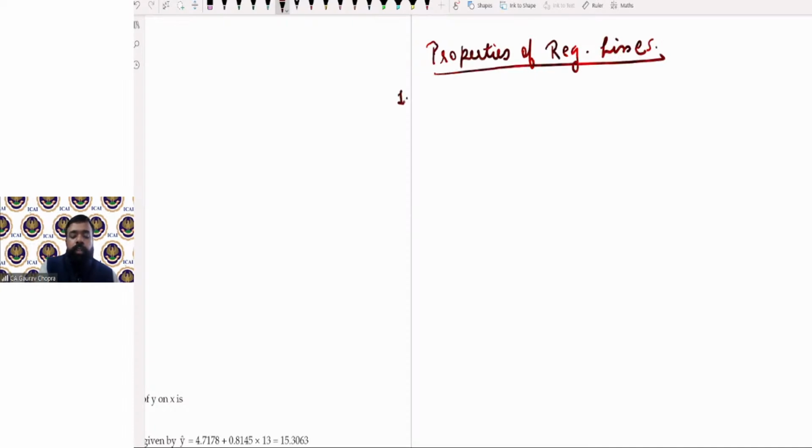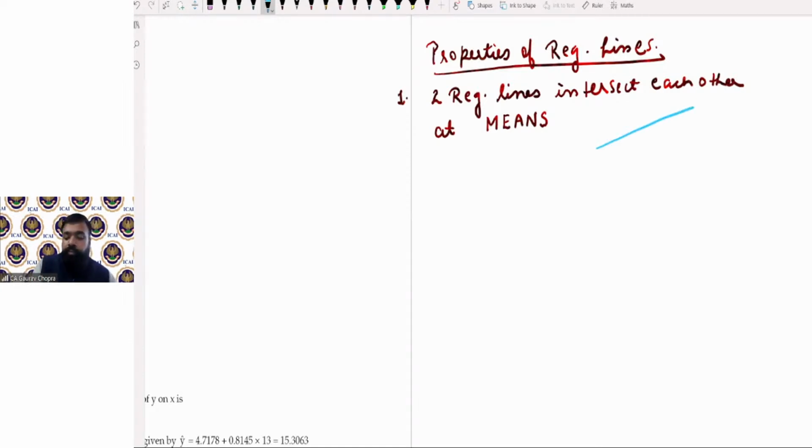The first point is two regression lines intersect each other at means. अगर दो रिग्रेशन लाइन है तो उनका जो इंटरसेक्शन पॉइंट निकलेगा, दिस इंटरसेक्शन पॉइंट इज नथिंग बट द मीन ऑफ एक्स एंड वाई, दैट इज एक्स बार एंड वाई बार। तो जहां पर ये दोनों रिग्रेशन लाइन मीट करती है, वहां से क्या फाइंड आउट होता है? एक्स बार एंड वाई बार।